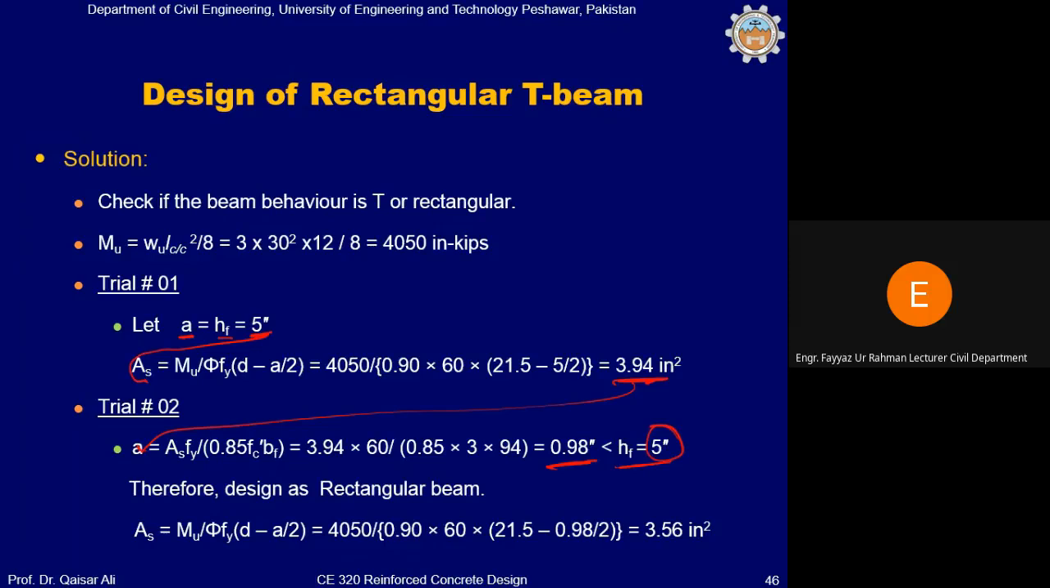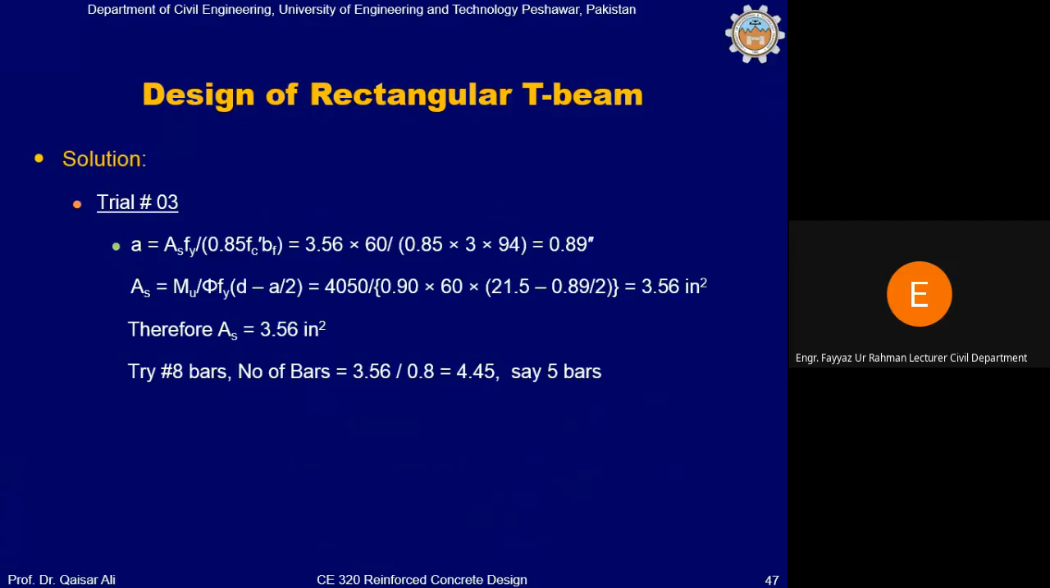इसका मतलब है you can design it as a rectangular beam because a is less than HF. So आप इस 0.98 को दोबारा यहाँ पर पुट करें and recalculate AS. It is coming 3.56. In the next trial, again you will get the same AS value, which is 3.56 inch square. If we are using number 8 bar, so number of bars required are 4.45. So we will provide 5 number 8 bars